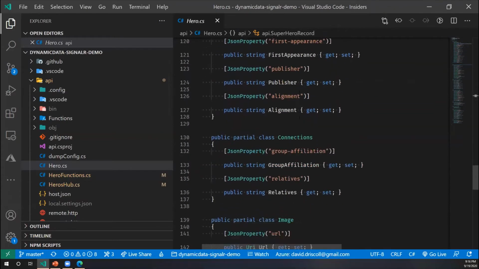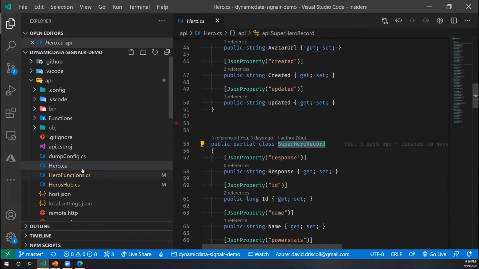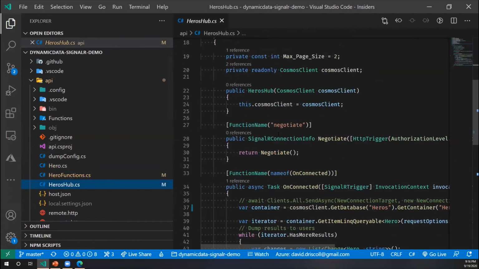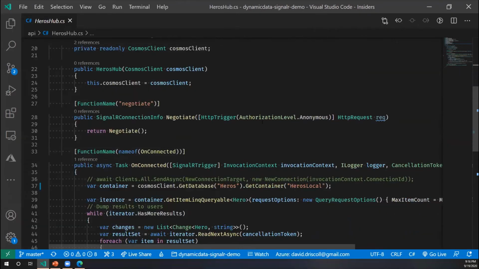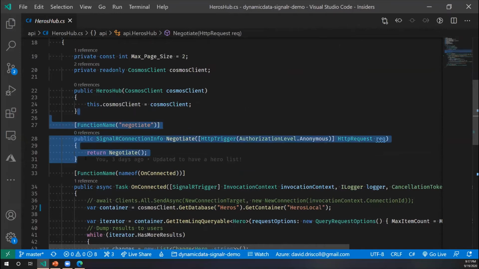I just used a tool that transforms JSON to C#. And it's like, oh, cool. Yay. I'll have to work on it. So for SignalR, it has this concept of negotiating a hub. This is just the plumbing to get SignalR to work with Azure Functions over the Azure SignalR service, which